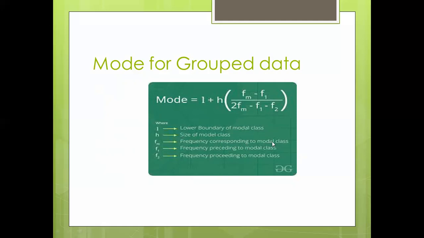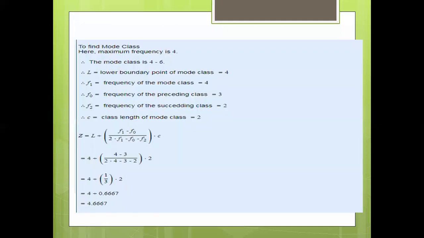मतलब modal class जो भी मिला है उसका जो corresponding, उसके सामने वाला जो frequency, that is Fm. Then F1 is what? Frequency preceding to modal class. मतलब उसका previous वाला जो है, मतलब Fm के पहले जो frequency, that is F1, and F2 is what? Frequency proceeding to modal class, जो next वाला है वो. Again यहाँ पे देखना है,